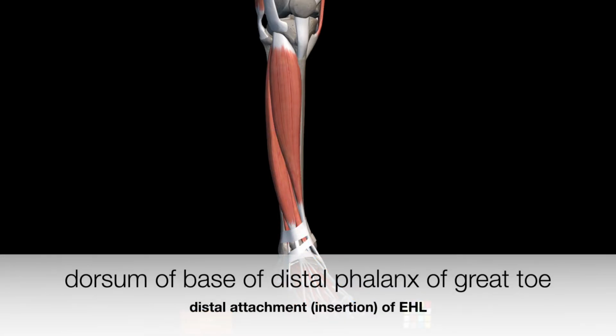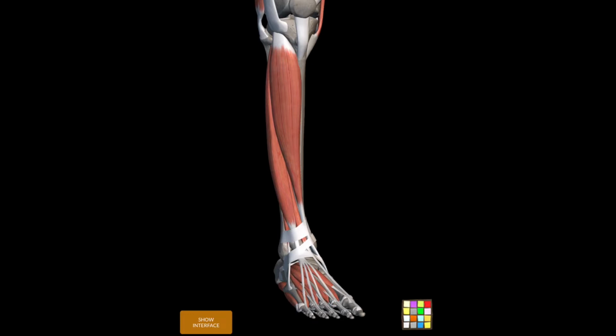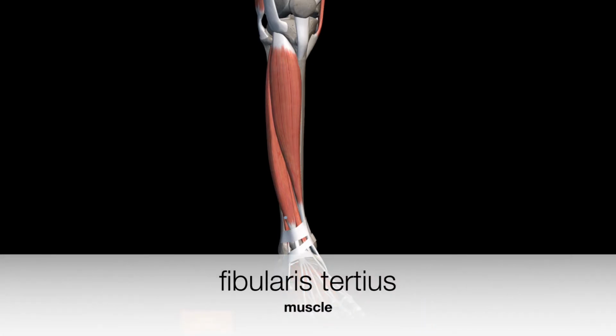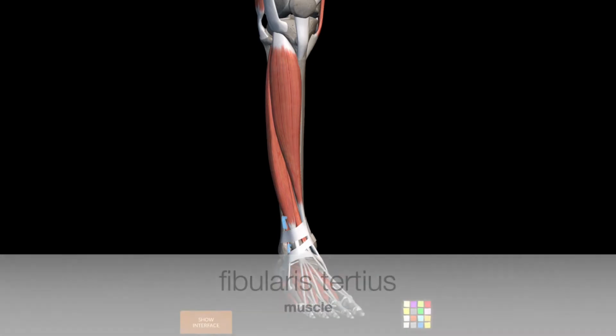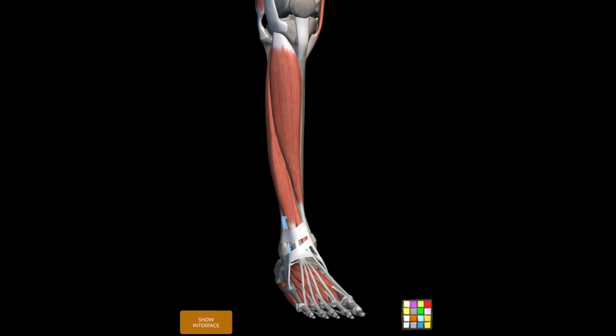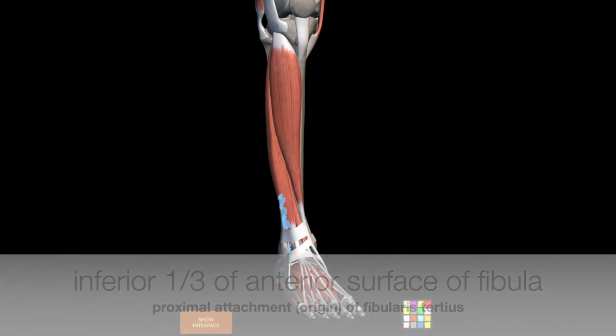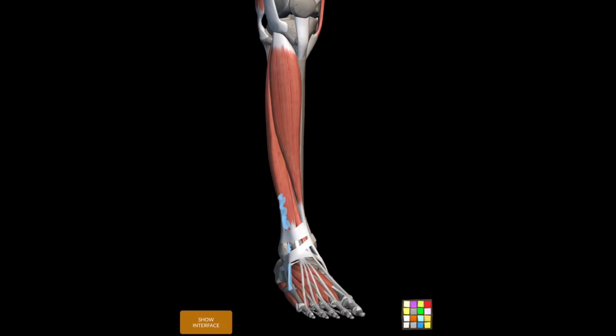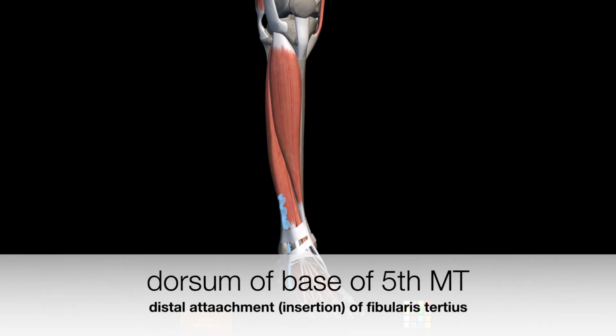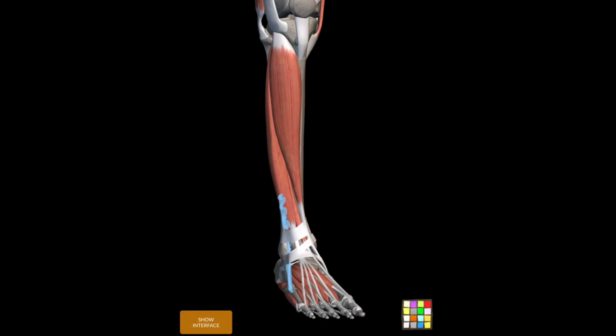Finally is the somewhat puzzlingly named fibularis tertius, this very small, sometimes absent muscle which arises from the distal part of the anterior surface of the fibula and extends down to the base of the fifth metatarsal, just distal to the tuberosity. Fibularis tertius, although called fibularis, is a member of the extensor compartment because it travels underneath